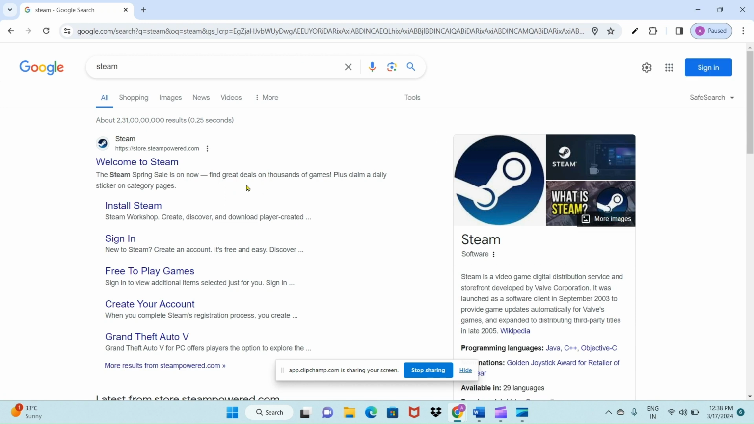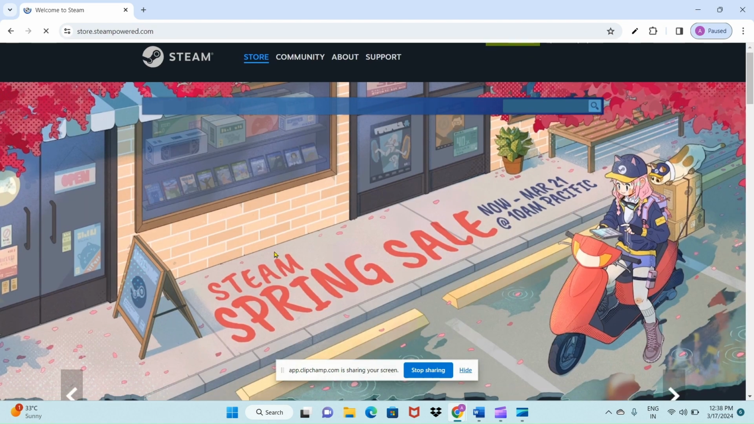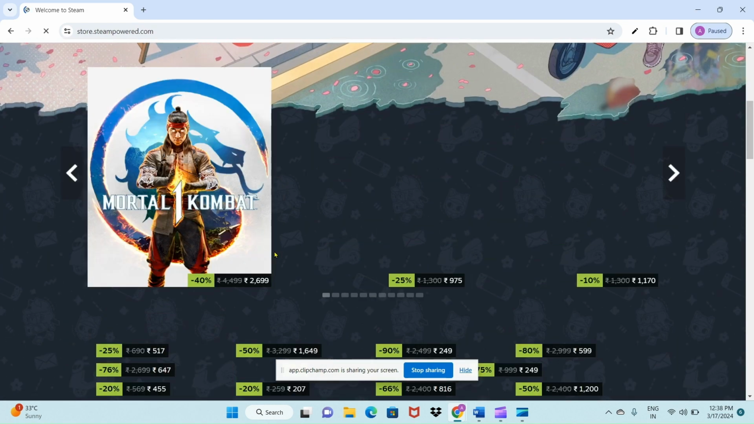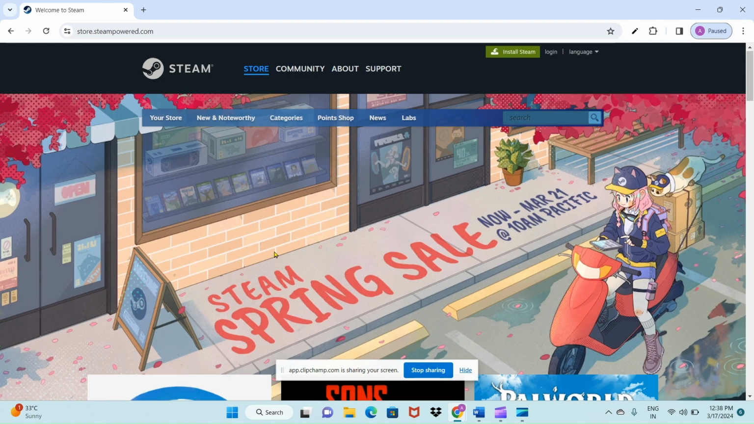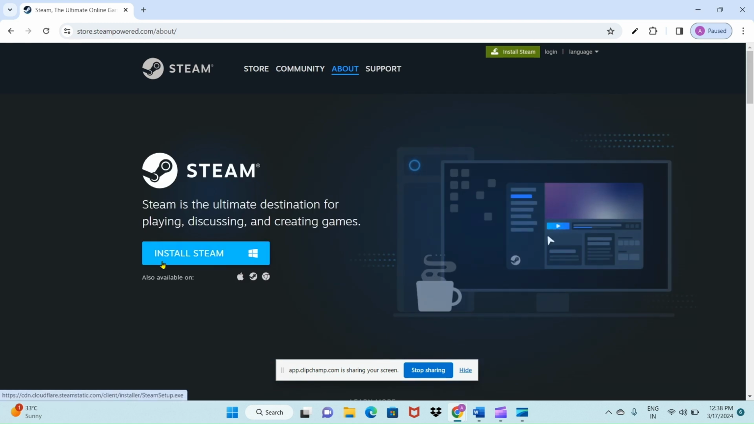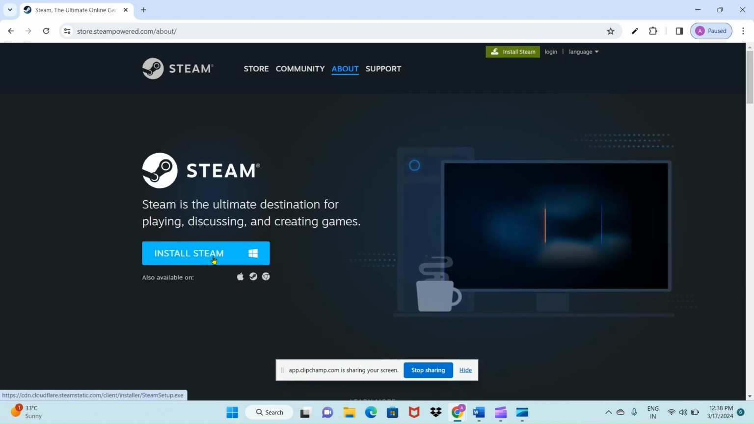This is the most popular website for gaming, video gaming. So just click on it, and you have to install Steam in your PC. I'm going to install it in my PC. Okay, now here you will see the install option, just click on Install Steam, and here you will see the Install Steam option, just click on it,